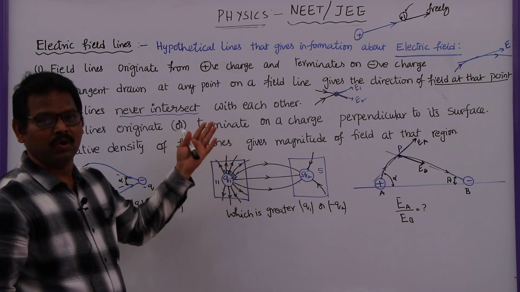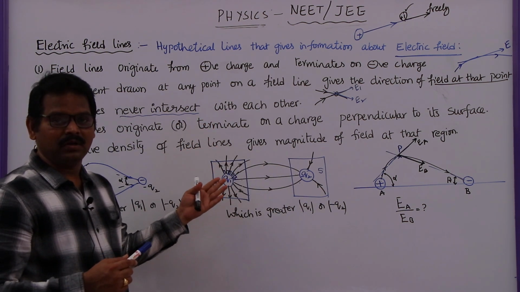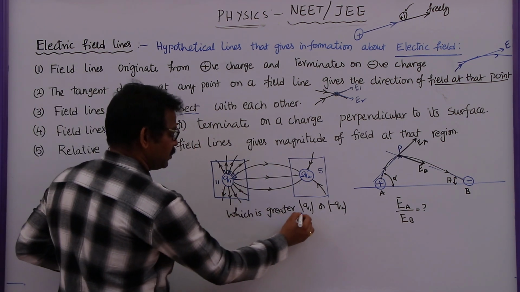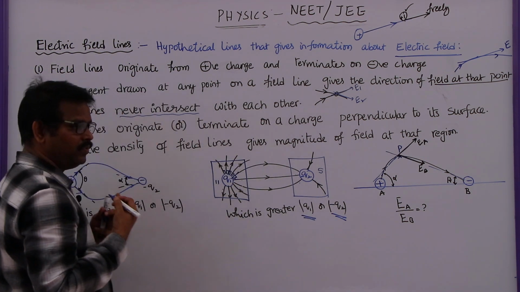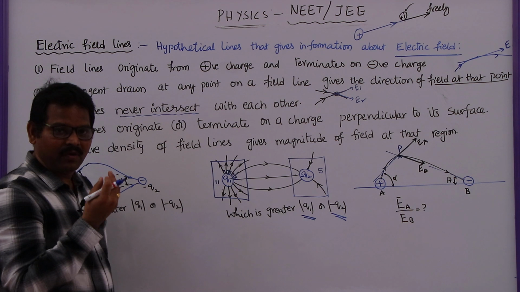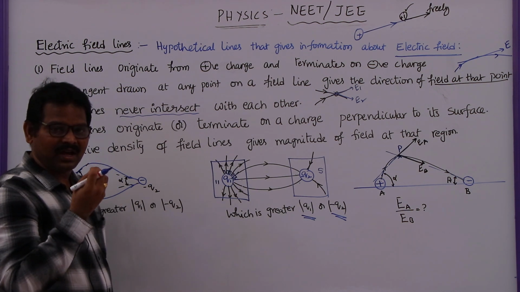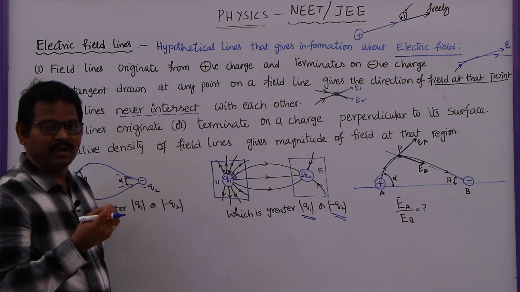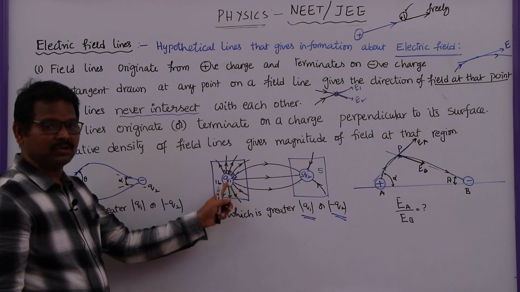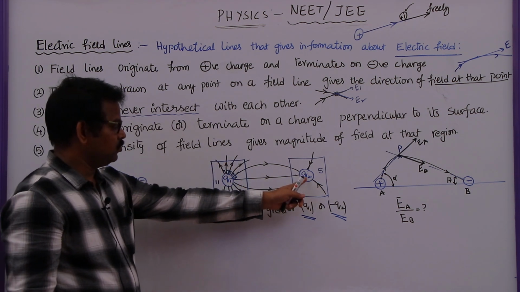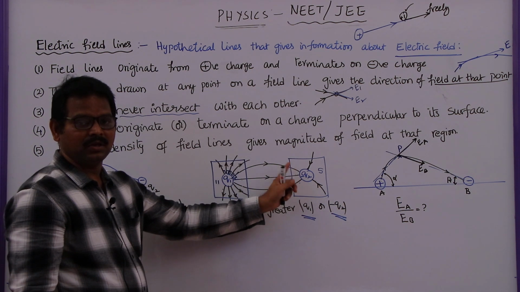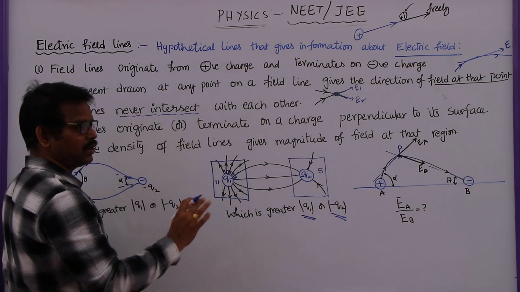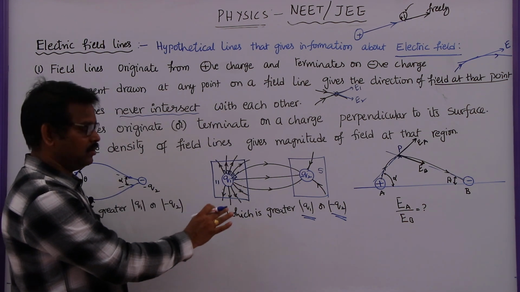Wherever the number density is more, we can say the electric field in that region is stronger compared to the other region. So which is greater, Q1 or Q2? A charge having more magnitude, that means a stronger charge, will produce a stronger field. A weaker charge always produces a weaker field. As Q1 is stronger, it is producing more lines. As Q2 is less, the number of lines terminating on this negative charge is less. They are asking about the magnitudes of Q1 and Q2, which one is bigger. They are not asking about the signs here, only the magnitudes.